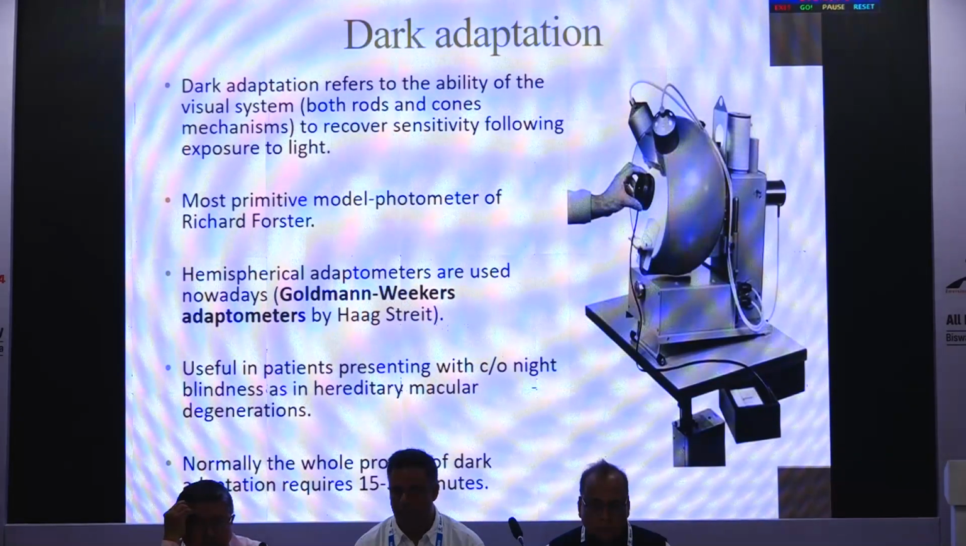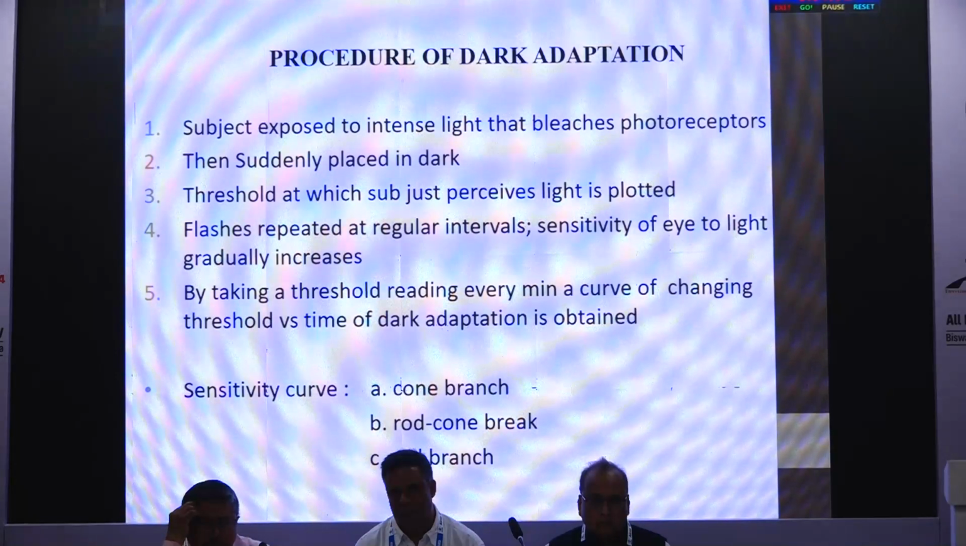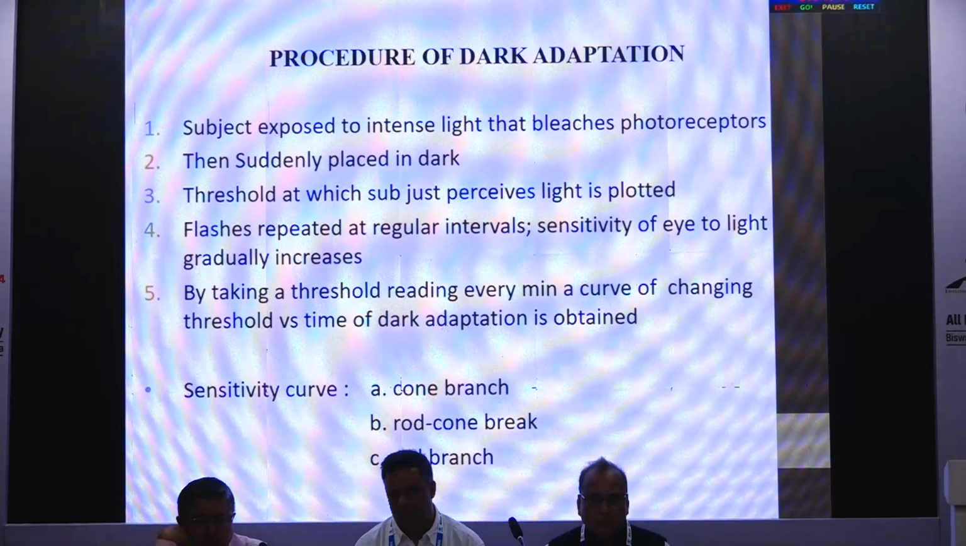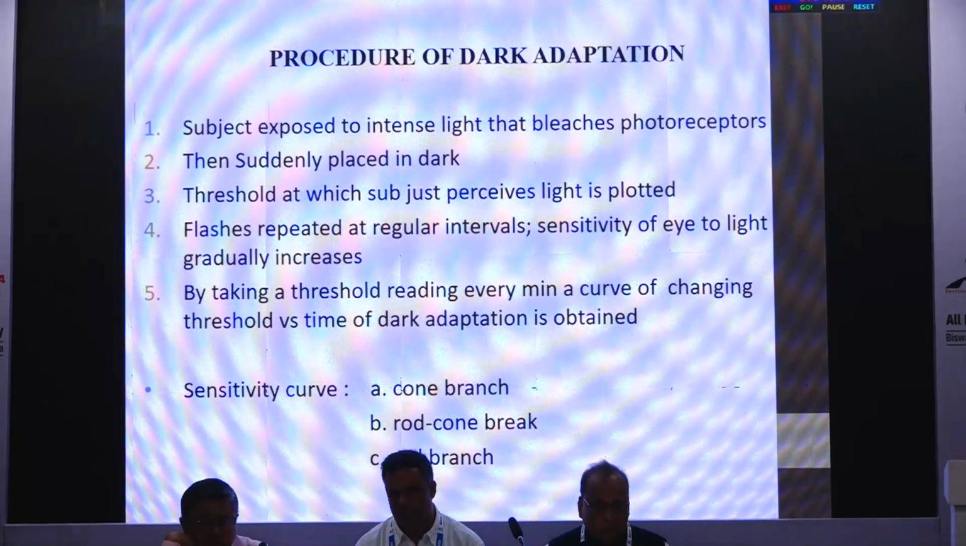Dark adaptation is done by the Goldmann-Weekers adaptometer. Normally the whole process of dark adaptation requires 15 to 30 minutes. Here the subject is exposed to intense light that bleaches the photoreceptors, then suddenly placed in the dark, and the flashes are repeated at regular intervals, and the sensitivity of the eye to light gradually increases,